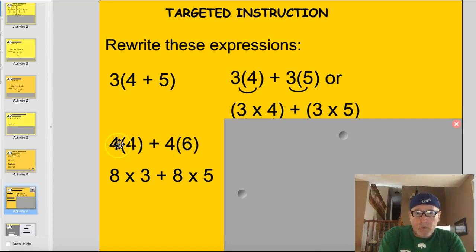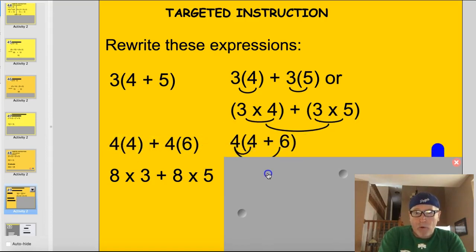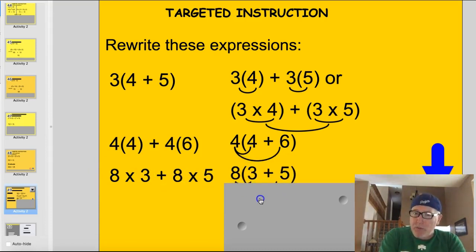Okay, in this one here, the 4 is the number that is being repeated. So if you rewrite that, the 4 would go out front, and then the 4 and the 6 go in the middle, and here's a plus sign, so that's 4 plus 6. And you notice I didn't use brackets on this one, because order of operations would say we'd have to do this first here, and then this, right? And then we do the addition. So you don't really need them, but I can distribute that 8 out and put it here as 8 times